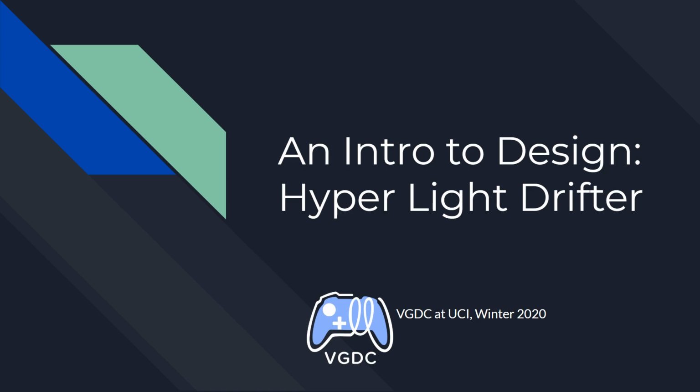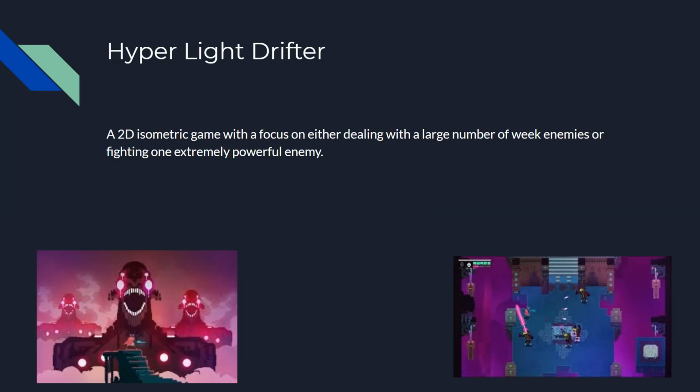It's a 2D isometric perspective game where you're just trying to dodge around enemy attacks in order to deal attacks to them. Oh, yeah, this is Hyperlight Drifter. It has a fantastic art style, but I'm not an artist, so I won't talk about that too much. It's a 2D isometric game focused on either dealing with a large number of weak enemies or fighting one really powerful enemy,